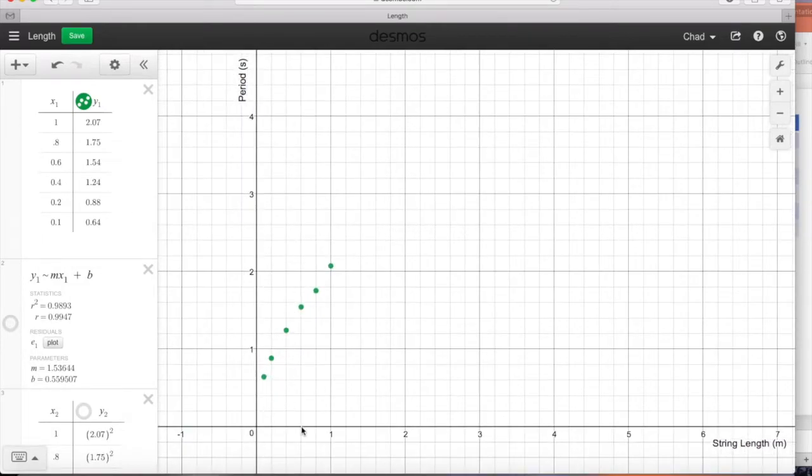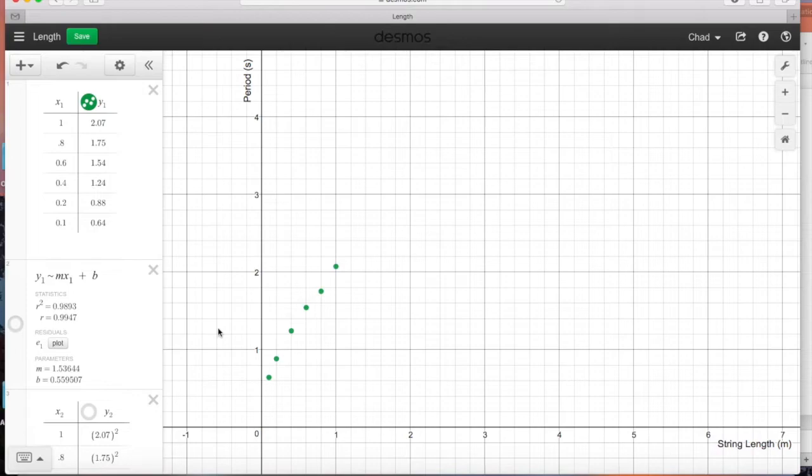As the string length increases, as you go right on the x-axis, what happens to the values on the y-axis, to the period values? Well, they increase as well, right? So this is called a direct relationship. As one thing goes up, the other thing goes up as well. So yeah, we seem to have found a pretty interesting relationship between the length of the string and the period